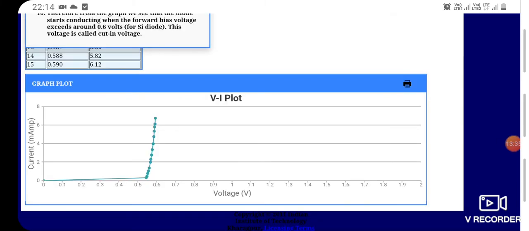So we can see this VI plot, and from the graph we can see that around 0.6 volt, as the cut-in voltage of a silicon diode is approximately 0.6 volt. So around 0.6 volt the current starts to increase exponentially, as I have already shown you the IV characteristics equation.